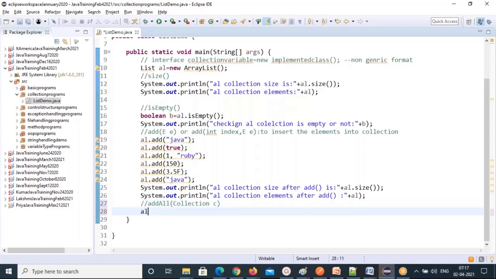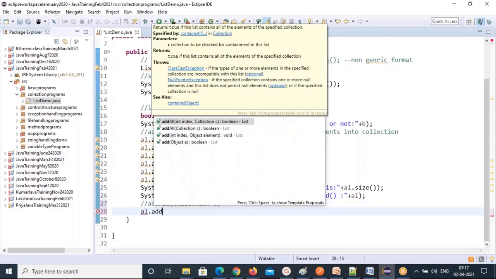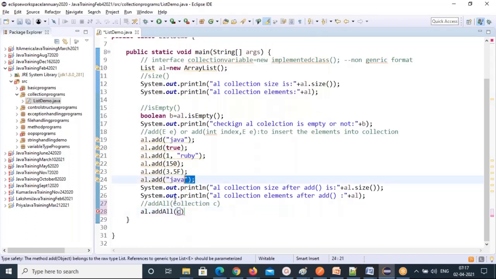So let's do that. AL dot, AL is our collection name, addAll method. Automatically it will go to the back, and whatever elements you are adding, all will be inserted at the end of your collection. Whatever collection you already have, at the end it will insert.